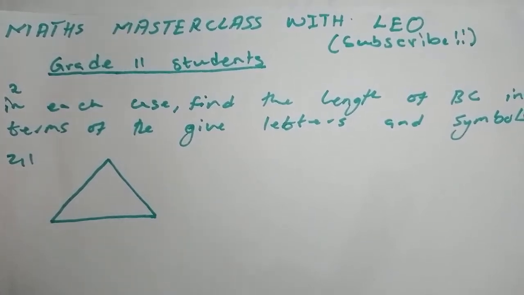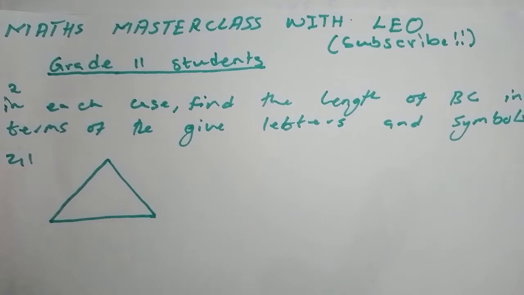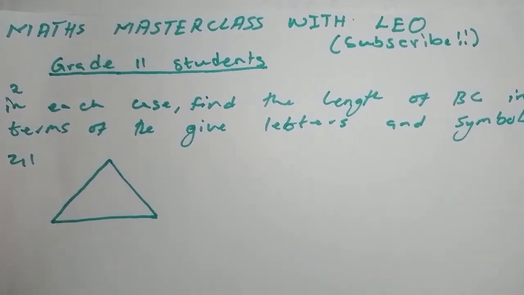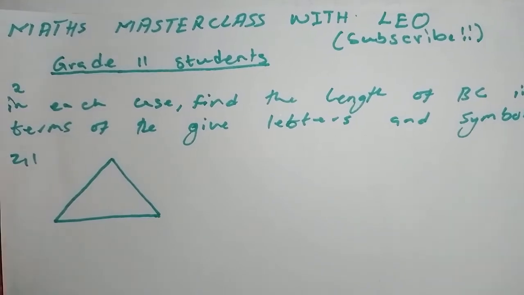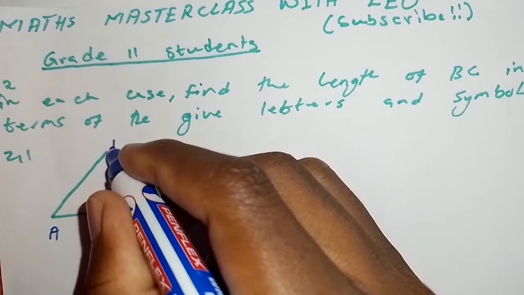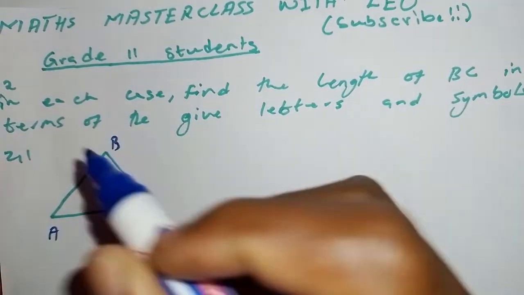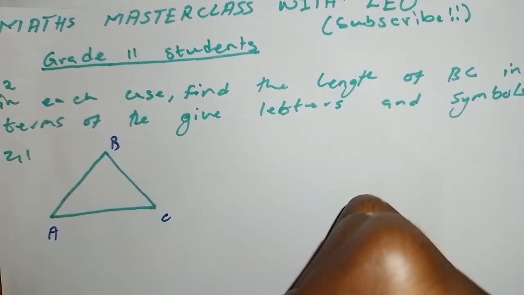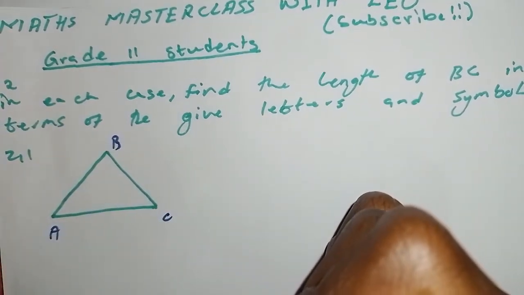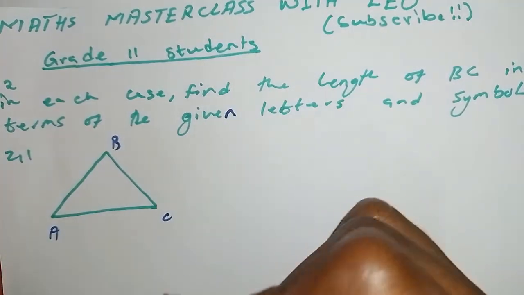This is the question given to me by a student in grade 11. I believe her name is Alicia. She said I must solve the following questions. This is your A, this is your B, and your C, right? It says here, this is question 2. In each case, find the length of BC in terms of the given letters